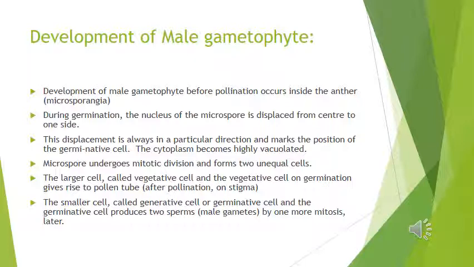Now the microspore cell divides into two very unequal cells, with the smaller cell attached to the wall. Soon it loses contact with the wall and becomes the lens-shaped generative cell. That means in this condition the generative cell is formed, floating freely in the cytoplasm of the large vegetative or tube cell. It is then in the binucleate or two-cell stage.